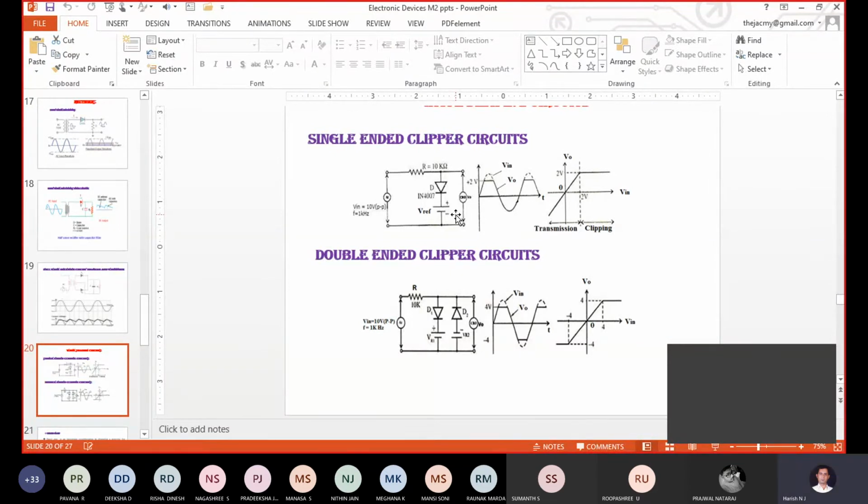Anyway, I am here, right? Just tell me the KVL equation for the second loop. So what will we write for the diode? Diode, okay, let us take VD. The cut-in voltage of the diode, obviously we represent it as VD, right?